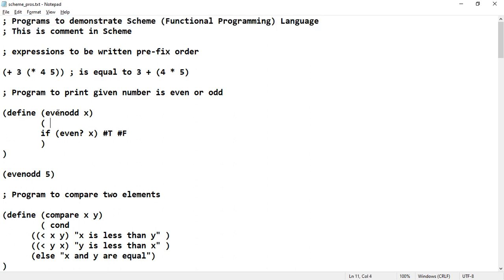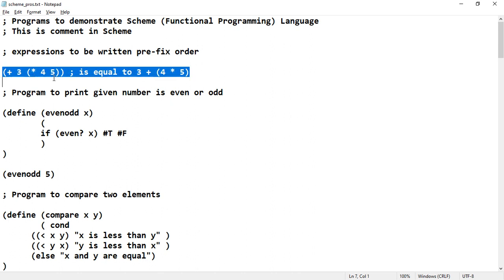So the first thing is expression writing. Expression writing should be in prefix order. For example, if you want to represent 3 plus 4 times 5 within brackets, then it must be written like this: plus 3, within brackets, prefix star 4 5. So this is the way the expression will be written. I also told you to go for the online Scheme compiler.